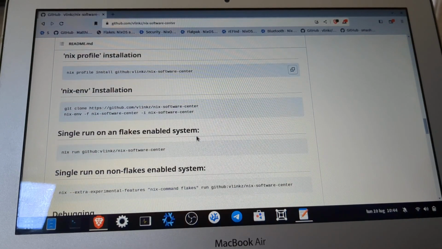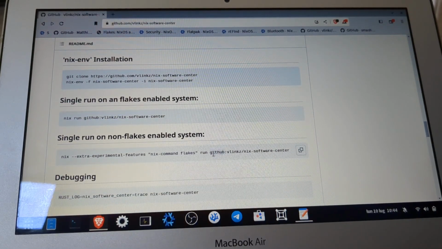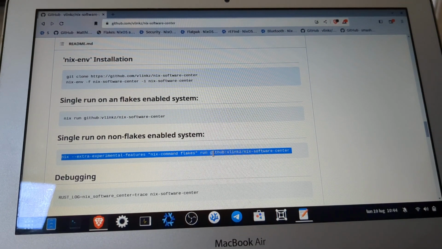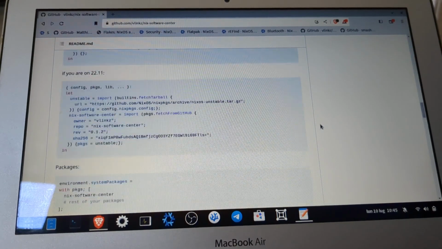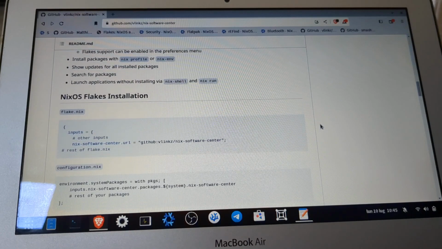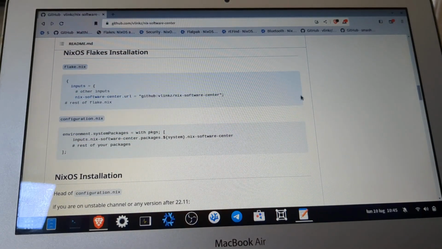With this command you can compile and try the software temporarily in your system. So there are many ways to install the software in the system, and my suggestion is to use Flakes, which is an experimental feature, but it seems also the most future-proof way to install software in NixOS.